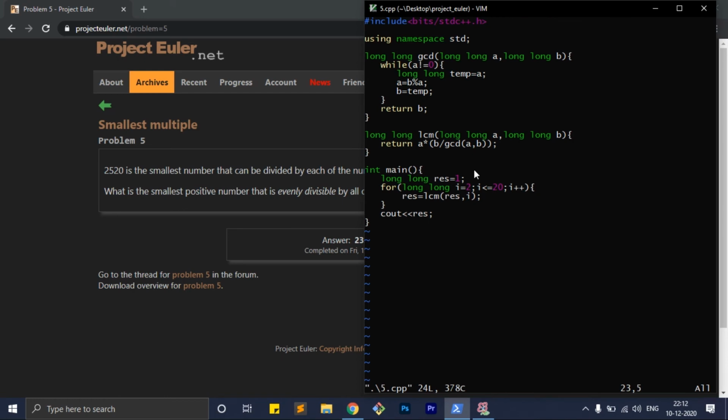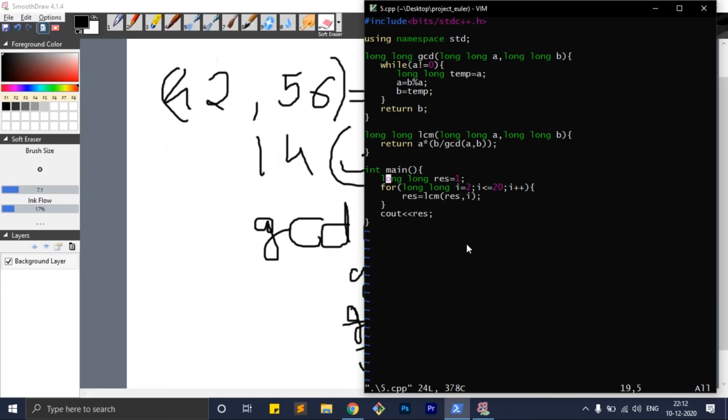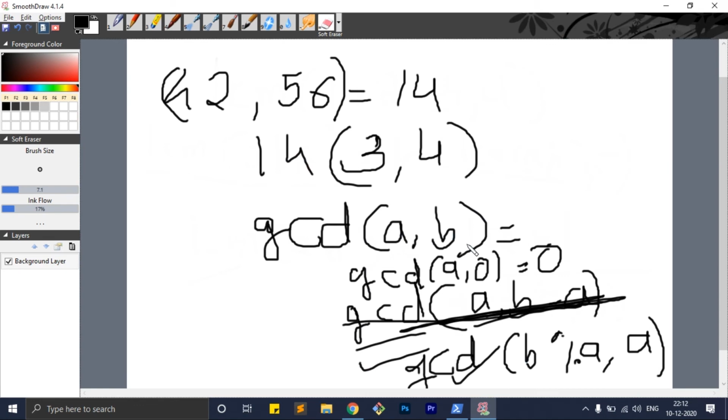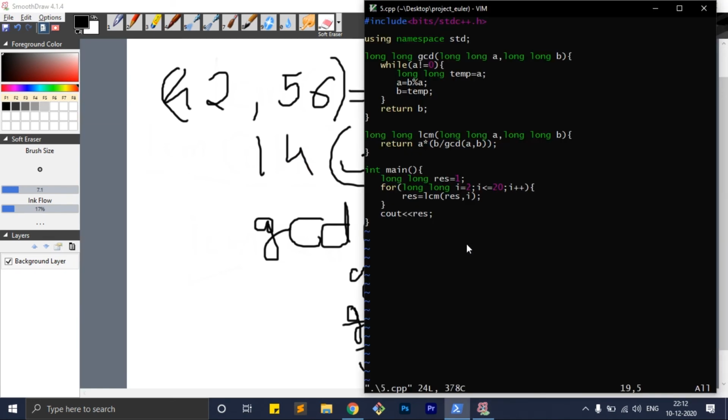And now the explanation. I have already explained everything, but I think I made a mess here, so I'm just going to explain the code line by line so you get what I did here. I declared result as 0 and then start a loop from 2 to 20. So I'm just going from 1 to 20. If you remember the question, we have to calculate the LCM of all the numbers from 1 to 20. So I'm just iterating through every number from 1 to 20, calculating their LCM and storing it into the result, and at the end printing the result.